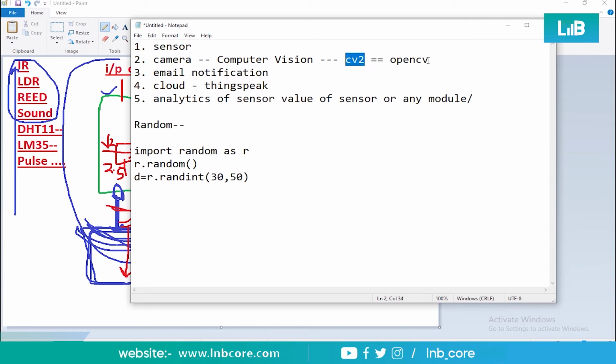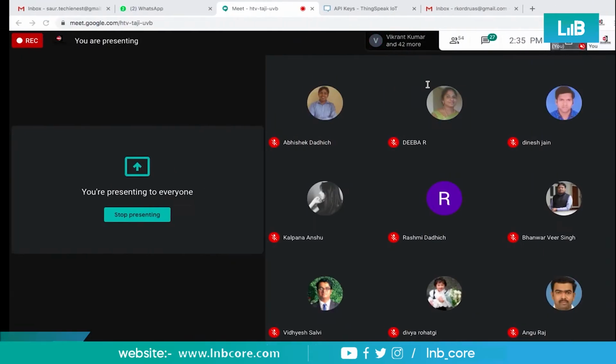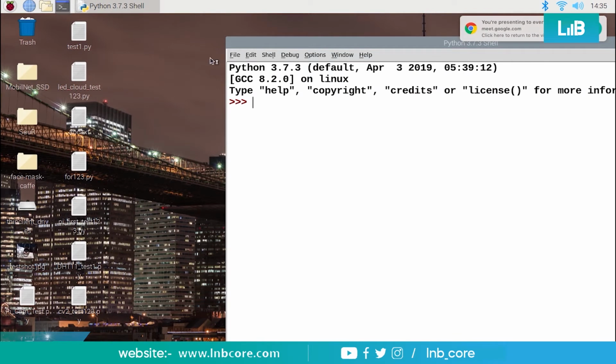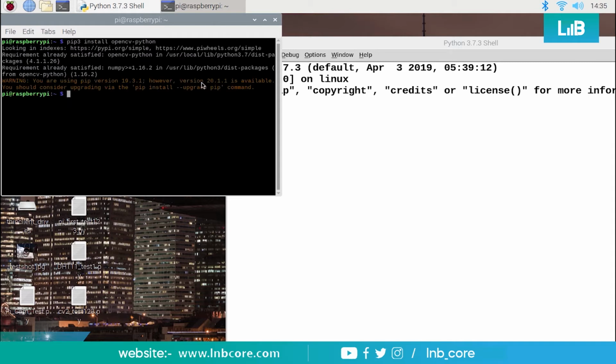So to install this library, we need to type a command called pip3 install opencv-python, right? We need to type this command to install the library in Raspberry Pi. Let me show you where to type this command. Just go to your terminal and type pip3 install opencv-python, right?